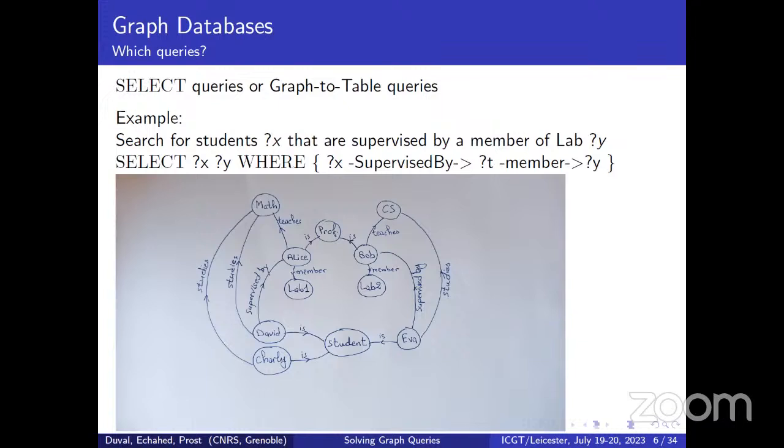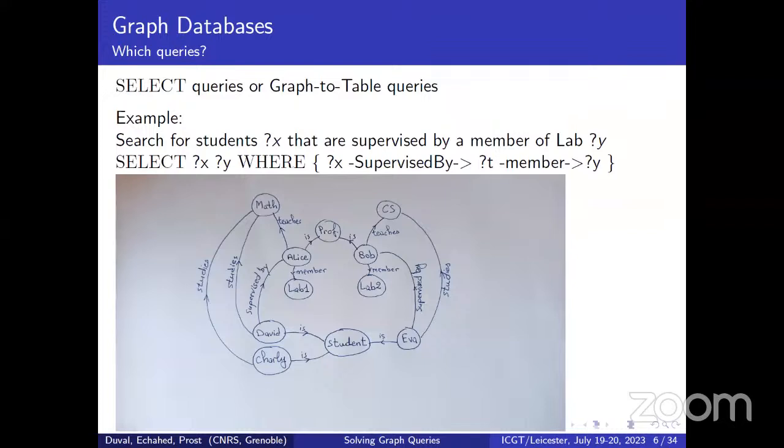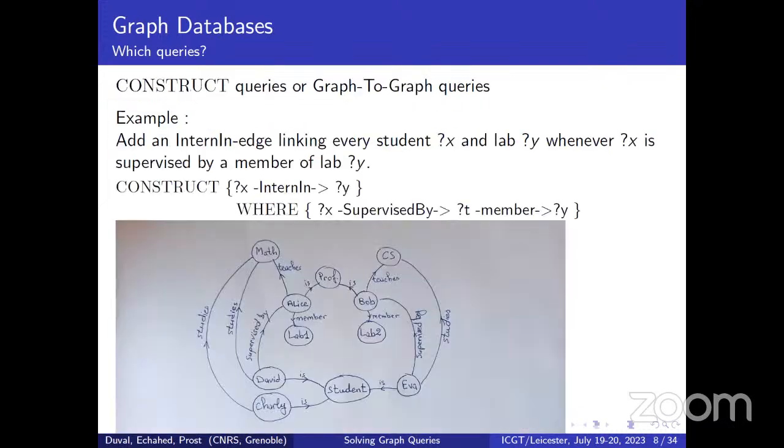So the first thing we have to notice is that we have to compute a set of matches. And then we can get the right answer here. So David is in lab 1 and Eva in lab 2. This is the classical world of SQL in relational databases, even if this table could be seen as a graph. In the other kind of queries,